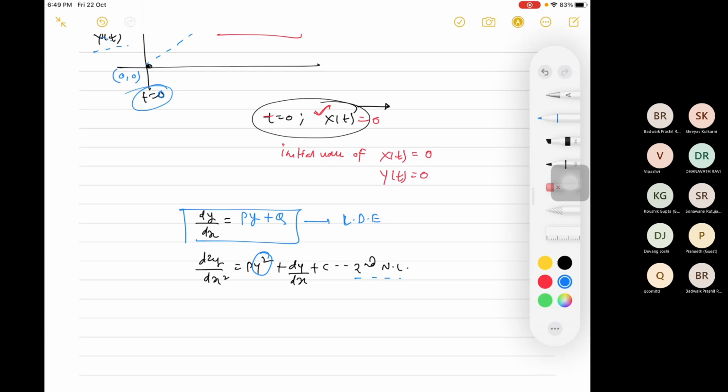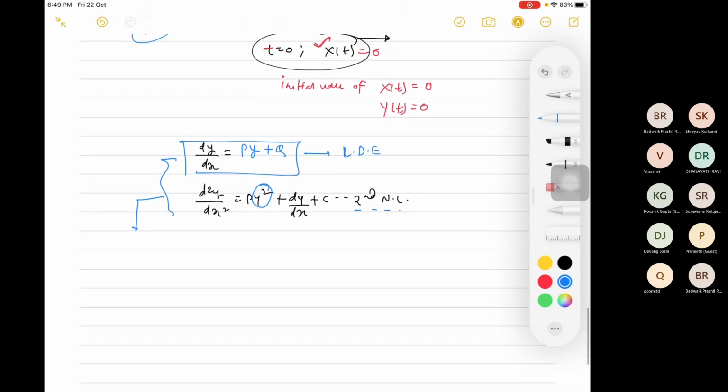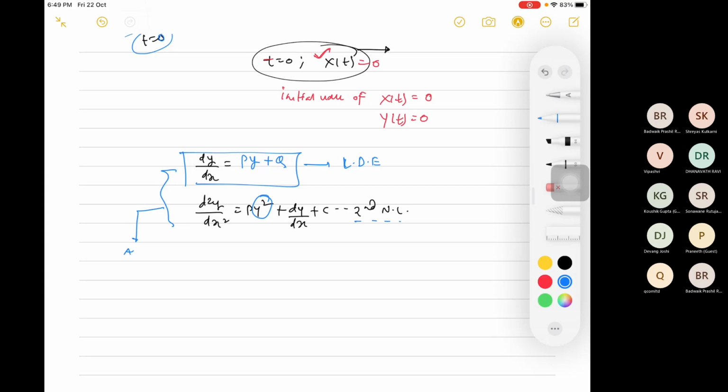Now this is the equation. So in order to solve this equation, what and all methods you studied? You know analytical solution, right? What will you do? You will integrate everything. So that method is called analytical. But every time it is not possible to find out the analytical solution, and that's why we go for numerical